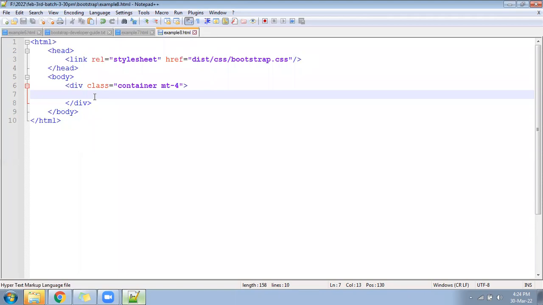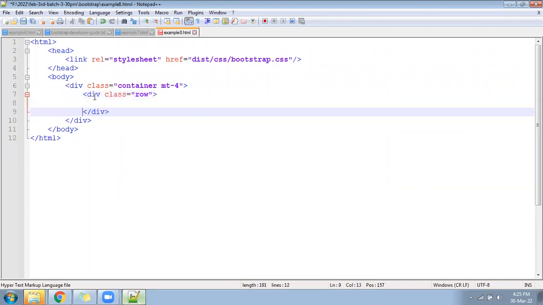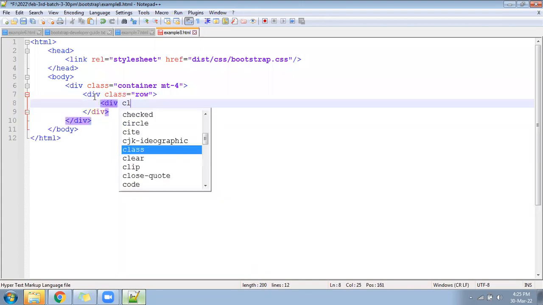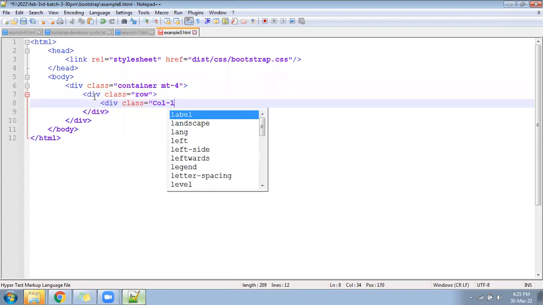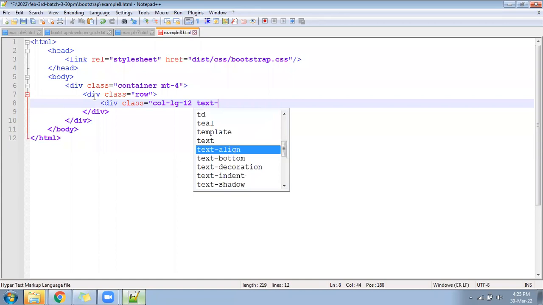Inside, we will create a division. We have to follow the class as a row class. And inside the row class, you will follow a division, col-lg-12, and we can write text-center.